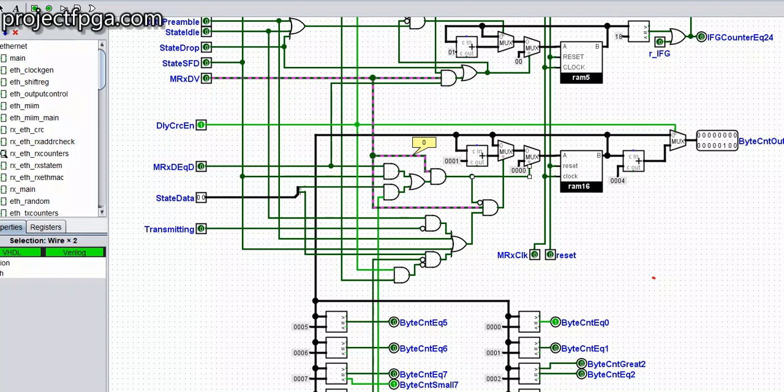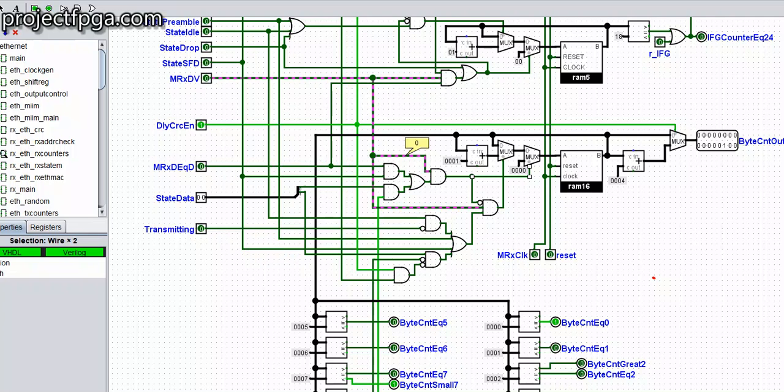The first condition is MRXDV, and we know that when MRXDV is on, it means that there is valid data. Then let's see the second condition. MRXD is equal to D and is in state SFD. So whenever it is in state SFD and MRXD is equal to D, and MRXDV is on, this